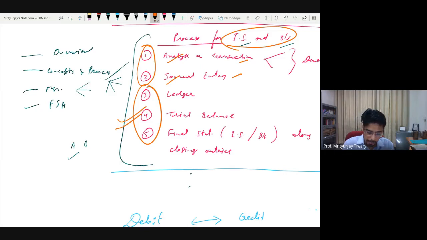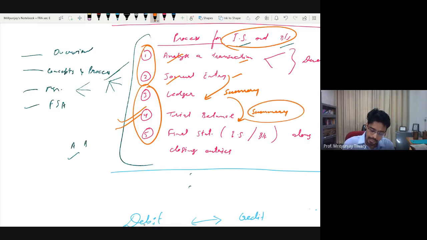Okay. On top of that, a ledger will be what? A ledger will be a summary of journal entries. A trial balance will be what? A trial balance will be a summary of ledgers. So you will see that 2 levels of summary we will prepare. First of all, 1 step of summary and then a summary of the summary. Why do we need that many levels of summary? It will become clear very soon once we see the entire step.